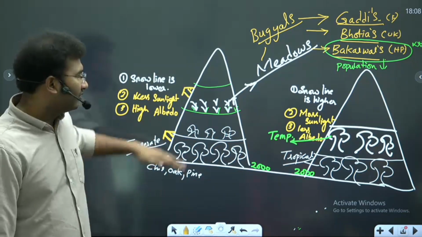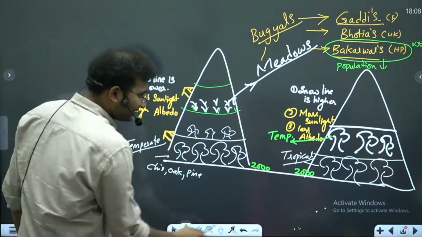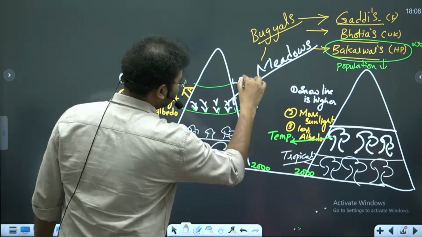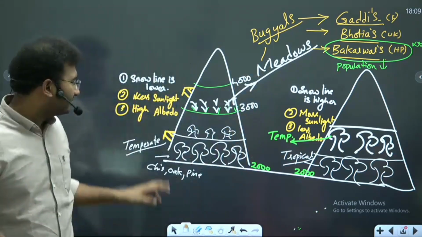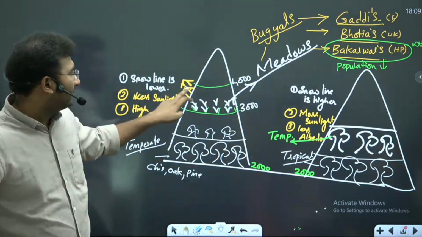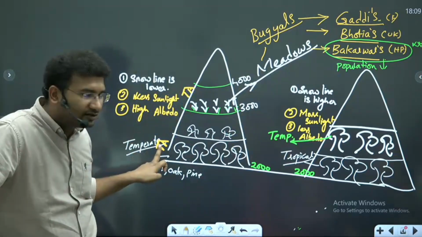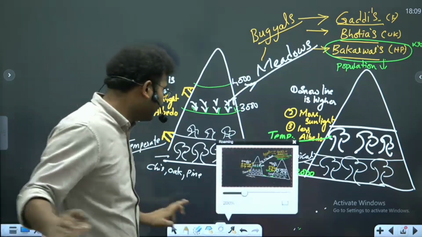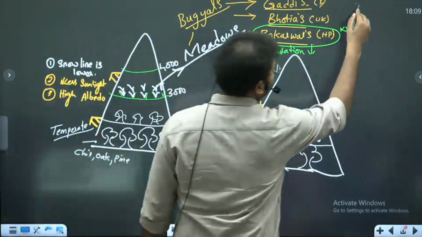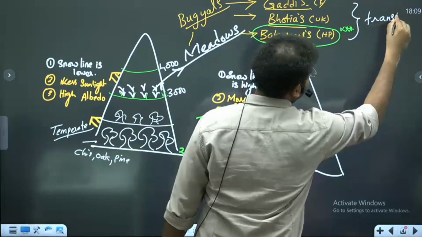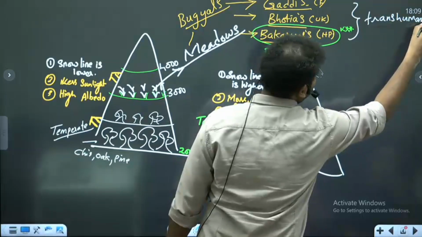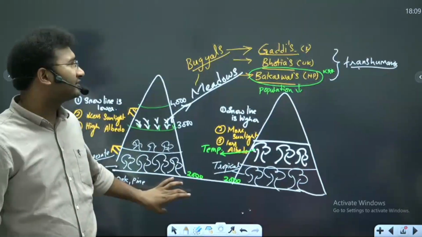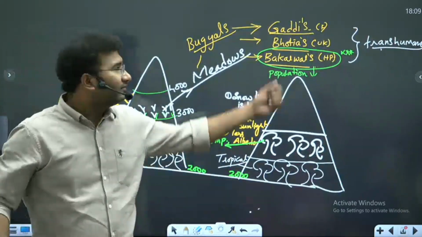Now those people who move to the higher heights, maybe this height is somewhere around, let's imagine, 3,000 meters and this is 4,000 meters or so, right? So those people who are moving to higher altitudes and towards the lower altitudes are called transhumans. So can I call these tribal communities transhumans? So these are the three major transhuman communities in India, and especially for this year, Bakkarwals